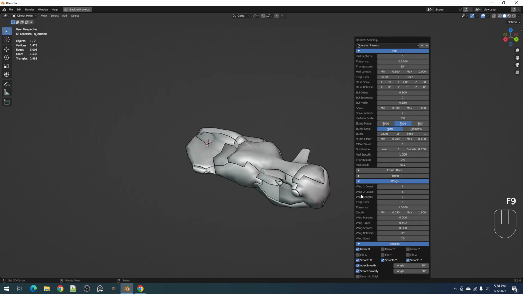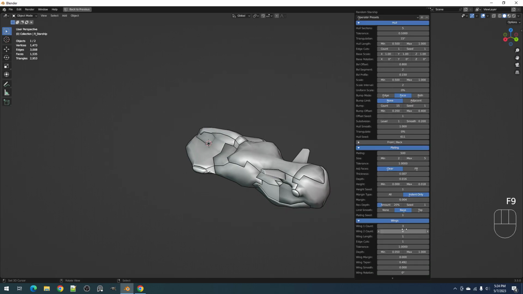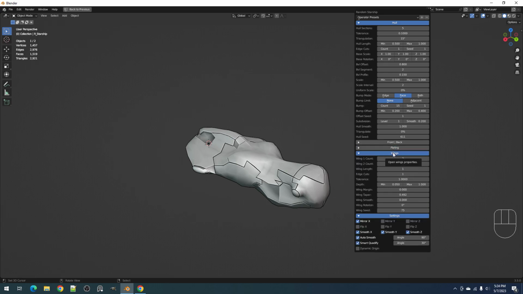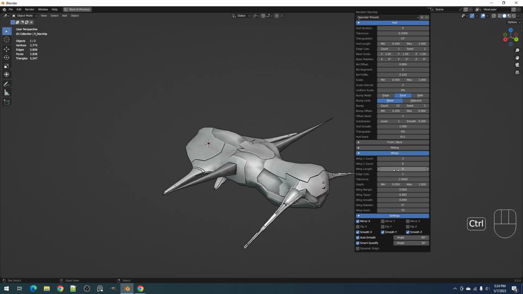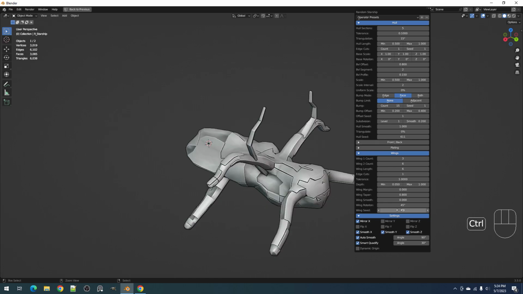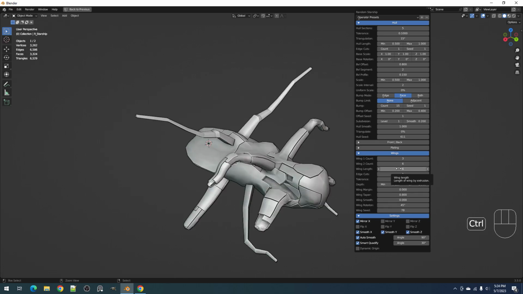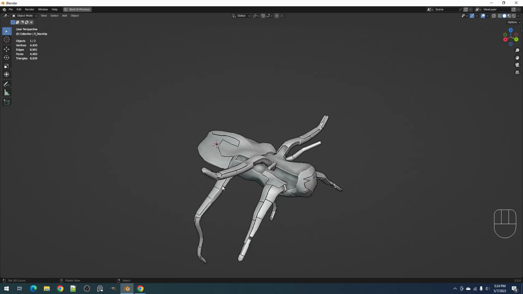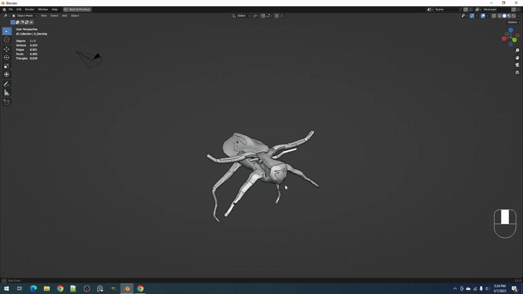And right now this is using limit smooth of base. Let's use top and wing counts. Okay, a wing length of 6, wing taper of 0.8, and rotation of 45 degrees. Okay, let's try a wing length of 8. Okay, let's play around with the settings